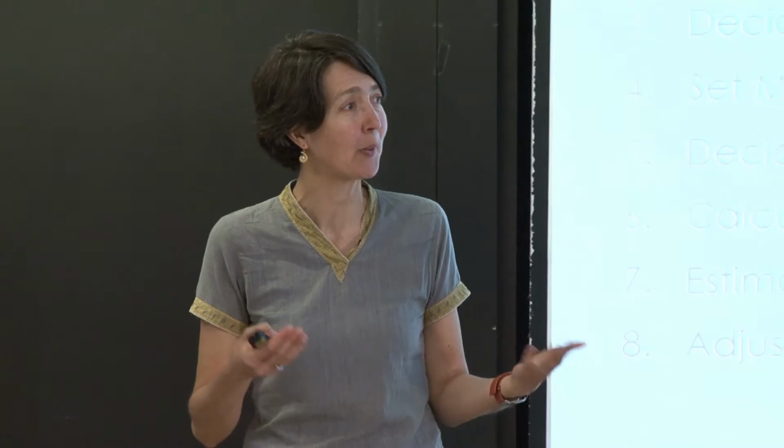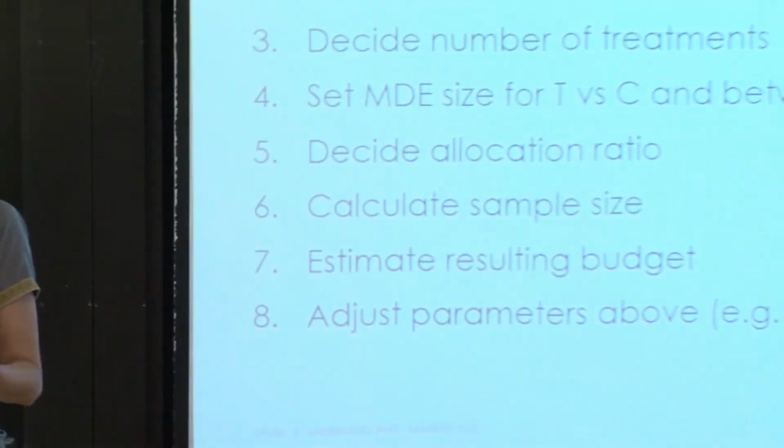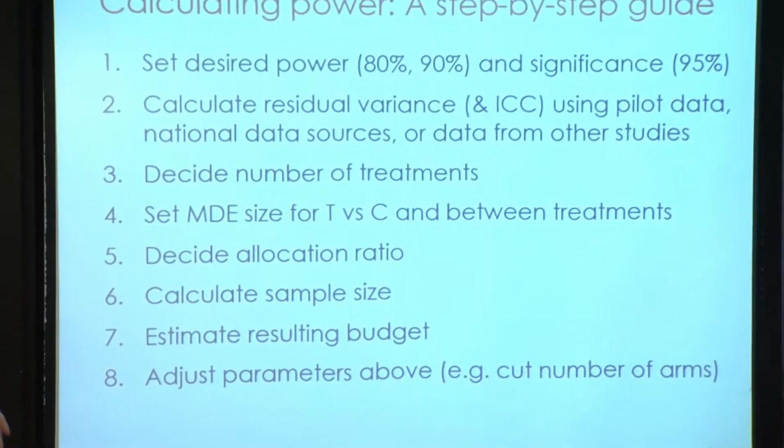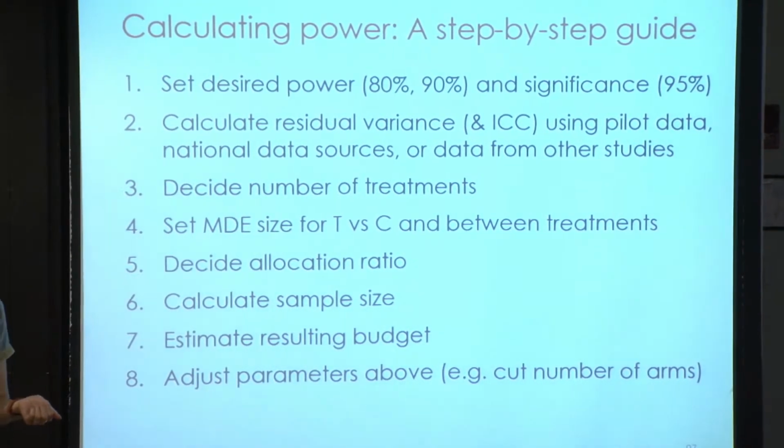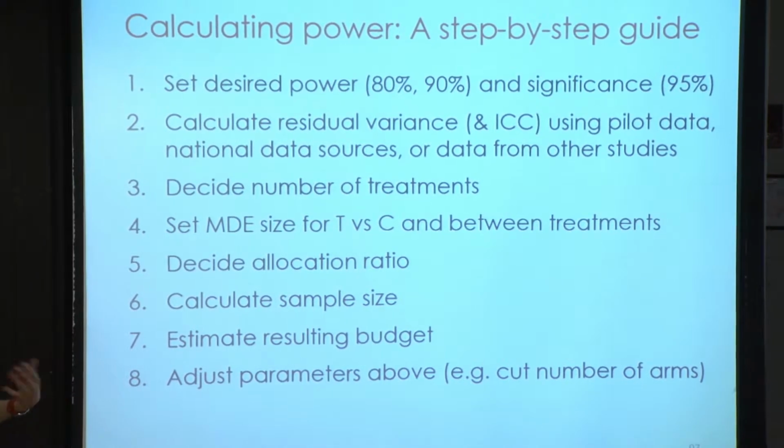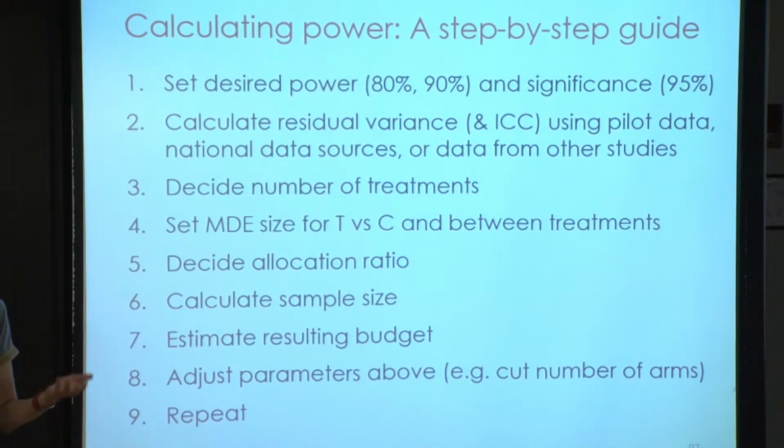So we go back and we say, what can we cut? What can we change? How can we change the design to get more power? Maybe we cut a treatment arm. Maybe we decide to randomize at the individual level instead of the cluster level. We go back and we adjust, and we repeat